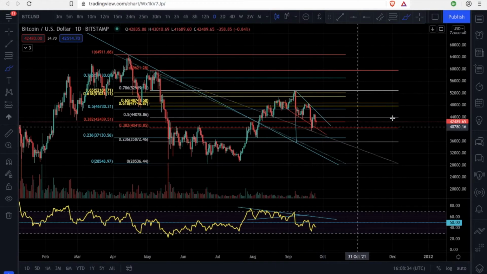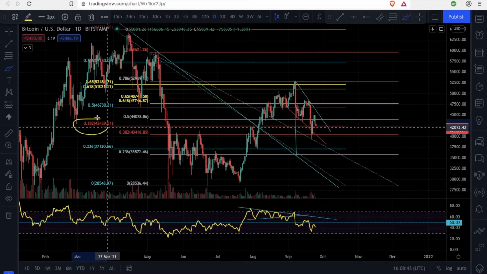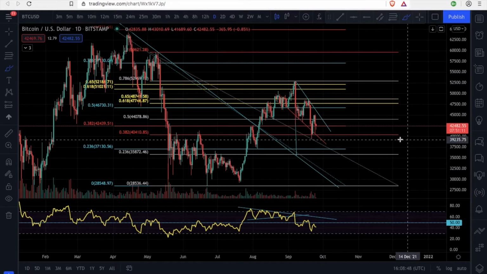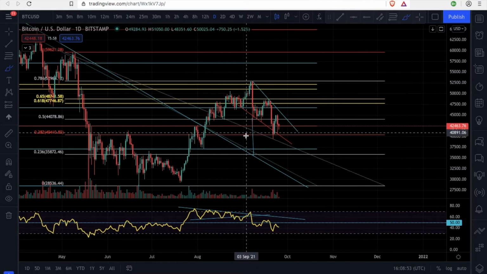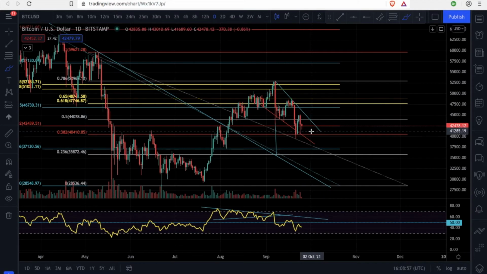And also right now, look at this. Bitcoin price is holding, look at the body, look at the daily candle holding this 0.382 Fibonacci retracement. Look at that, it's trying to hold it as support. It's very important that the Bitcoin price holds that as support, but just right now it looks weak for the Bitcoin price in the short term. So